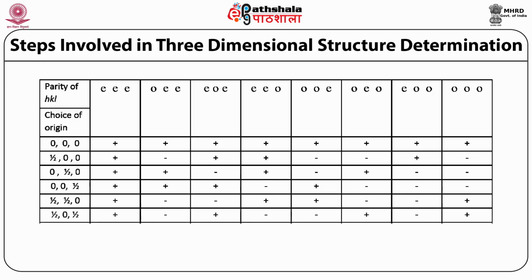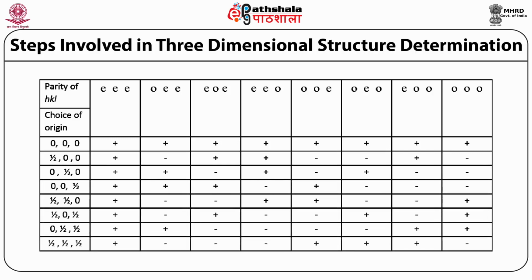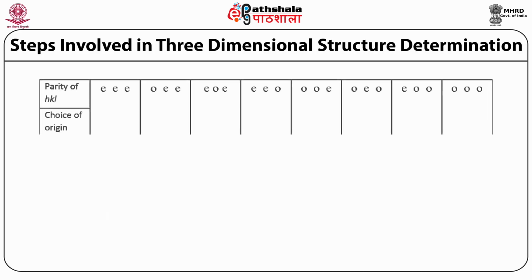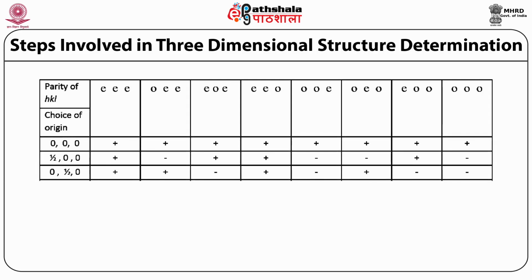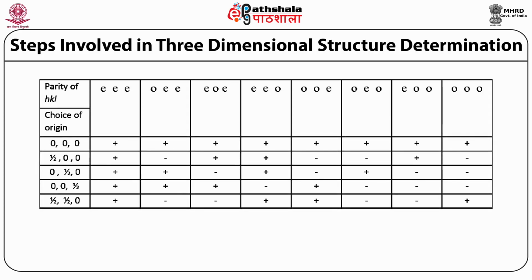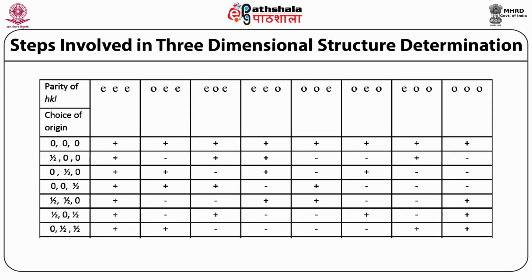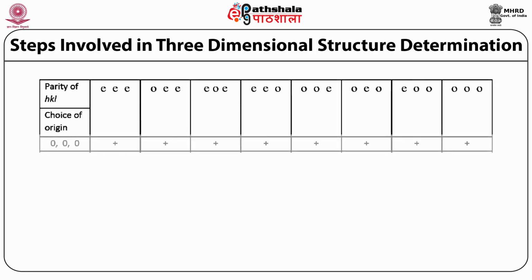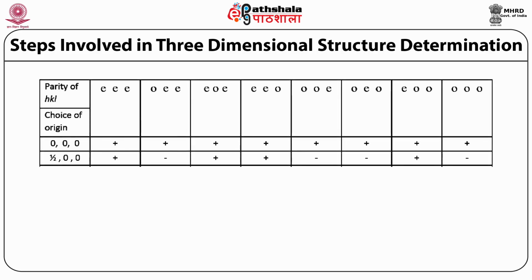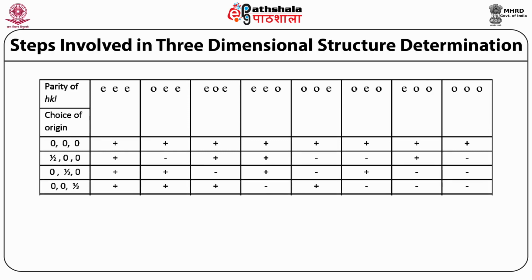Now the question is, I am going to assume a positive sign for all these reflections having 8 different parities corresponding to origin 0, 0, 0. My question is to see how the sign will change when you move from one origin to another. So there is a bookwork for that. That has been done in the field of direct methods. When you do the detailed chapter on direct methods, you know how to do it.